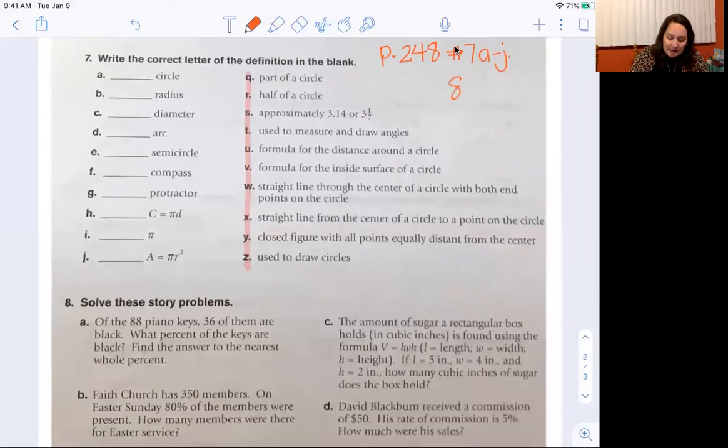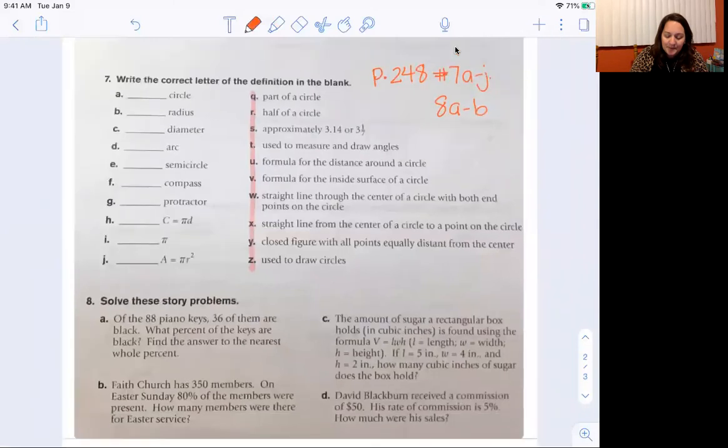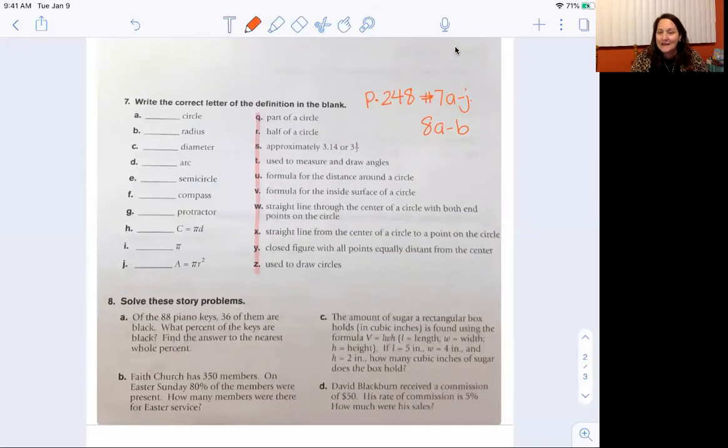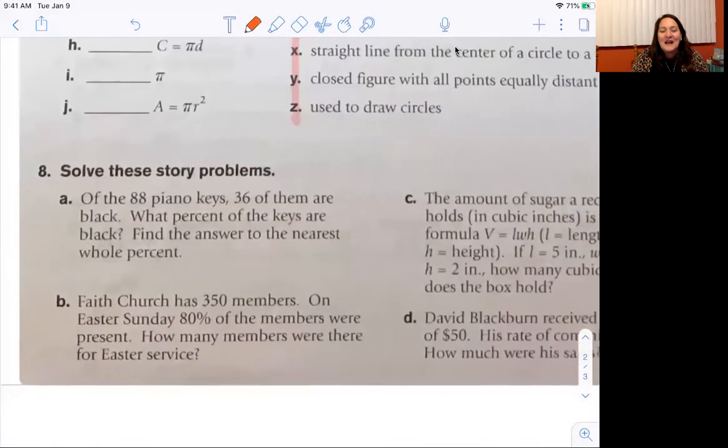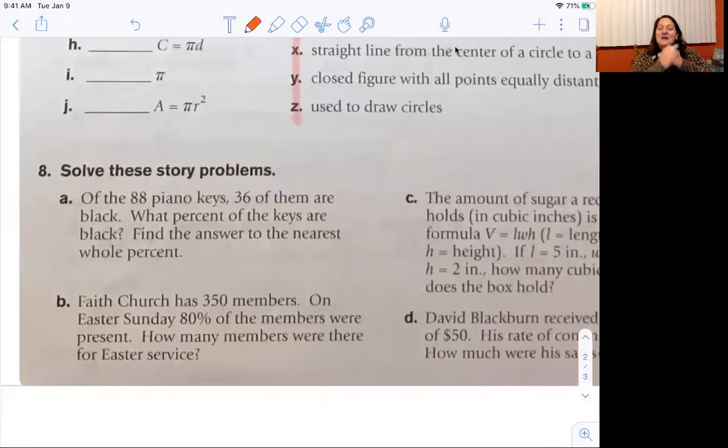And 8A and B. Now I want to go over 8A and B with you real quick. Letter 8A says, of the 88 piano keys, 36 are black. What percent of the keys are black? Well, we have a question. What percent,